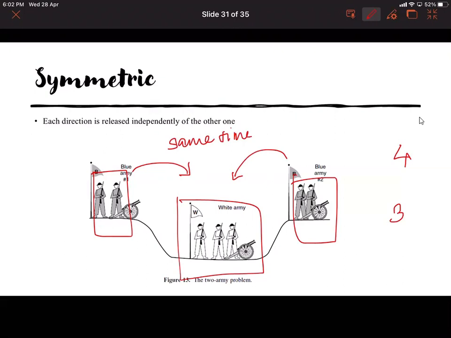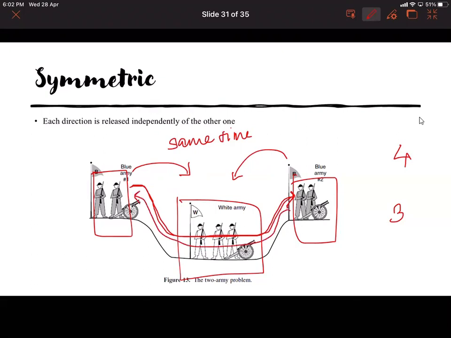For that, they can send a message. But the message has to pass through the valley to reach the second blue army. This message can be captured. It can be manipulated by the white army. So the message going from one party to the other is not reliable.